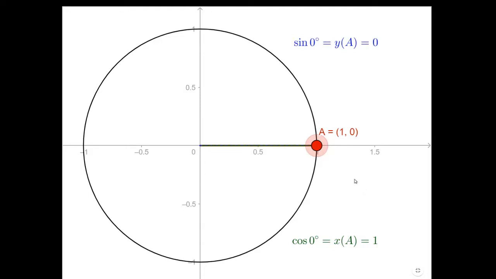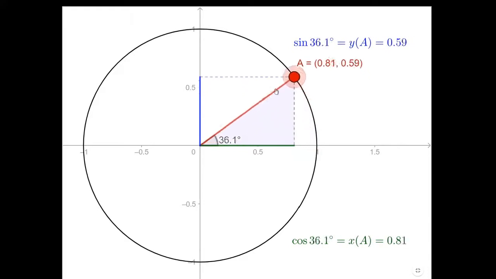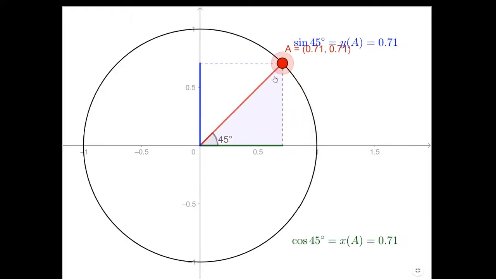That is, this is a unit circle that we saw. Okay. Now, when I change the angle, the vertical line changes, the horizontal line changes, and the vertical line